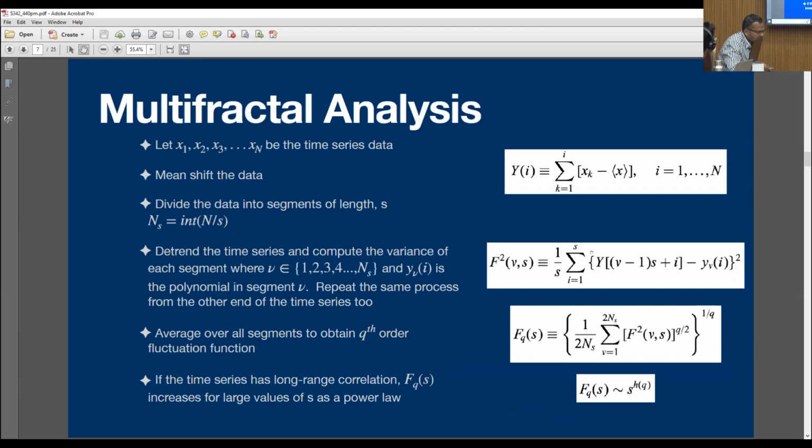So what you do in multifractal spectra is you take the time series and mean center it. Then you start splitting it into segments. For each segment, you do a polynomial fit and detrend it. Once you have these fluctuations, you look at a variance-ish approach, an LQ norm, and this quantity, if your scale is S, will go as S to the power of HQ, where H is the generalized Hurst exponent. When Q is equal to 2, it's called the Hurst exponent. I'll walk you through a small example of how this is done.